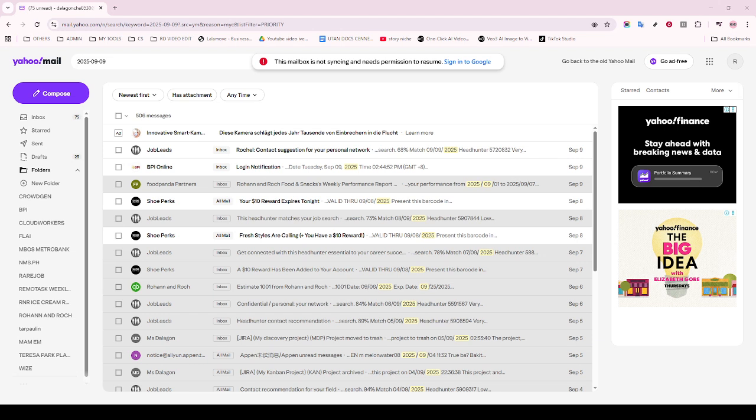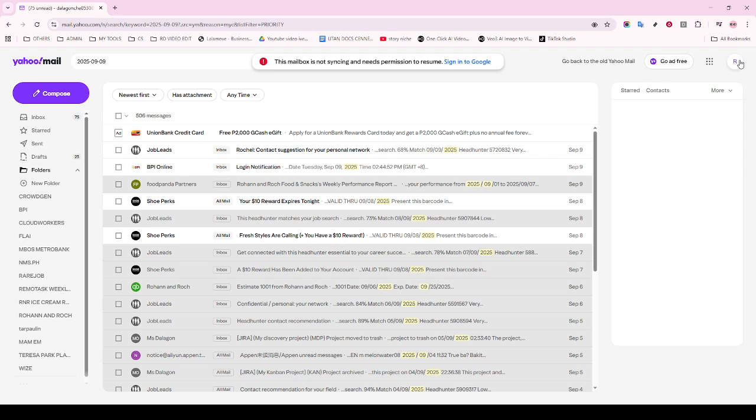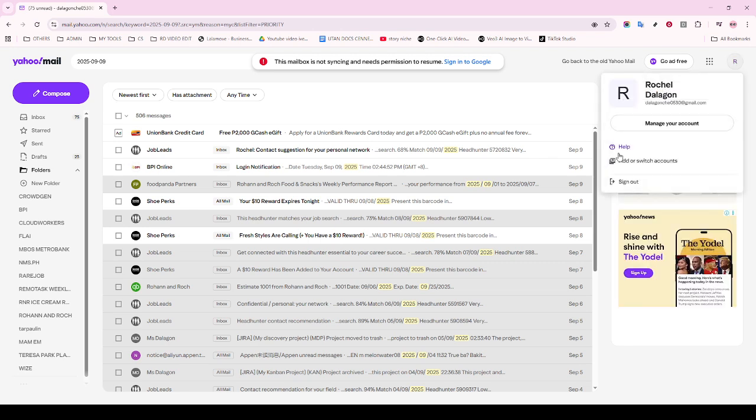First things first, go ahead and open your web browser on your iPhone. You can use Safari, Chrome, or whichever browser you prefer. In the address bar at the top, type in the URL https://login.yahoo.com/forgot. This link will take you straight to Yahoo's sign-in helper page, which is specifically designed to assist users in